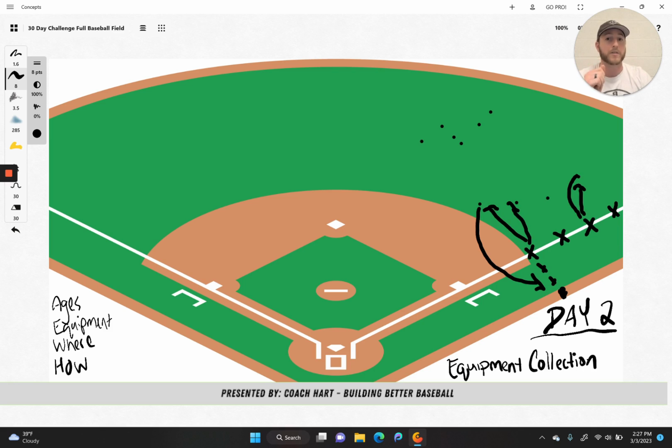2 people is too much because they're just going to be going back and forth. And I would say 5 or 6 kids, that's just too many kids and a lot of waiting around. You don't want a lot of waiting or standing around, right? I would say teams of 3 or 4 players is perfect, where the person goes out, they find any piece